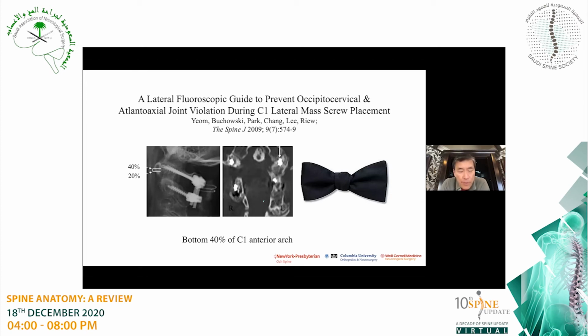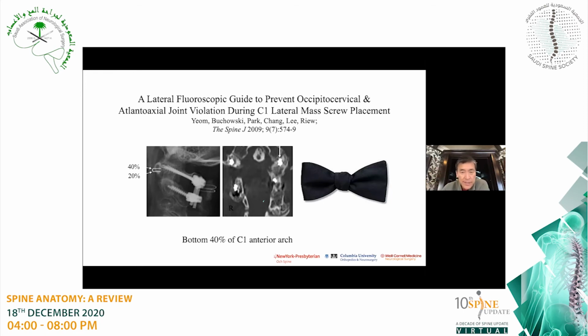It's the bottom 40% of the C1 anterior arch, between the 20th and the 40th percentile of that anterior arch of C1. Why is that? Because the C1 lateral mass looks like a bow tie. And the more medial you go, the closer you are to the occipital C1 joint, and the more you can violate it. And what we found is that if you stay under that 40% mark, you will never violate the occipital-cervical joint,